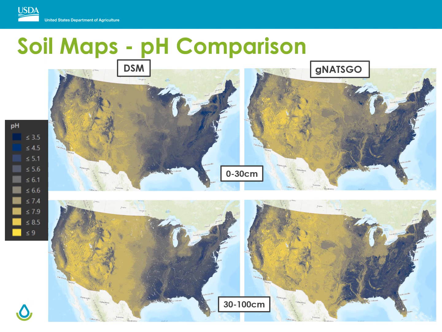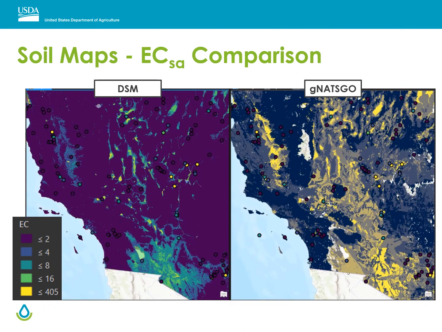So if we skip over some of the nitty-gritty modeling steps, here are the results we got for pH by largely following the GSP's DSM guidelines and rasterizing GNATSCO. As you can see at the scale of CONUS, the results are similar, although small local differences exist. However, for electrical conductivity measured by saturated paste, the differences are more pronounced, particularly in areas such as California where salinity is a major concern. The differences between the digital soil map and GNATSCO likely stem from several factors, such as the sample size, the estimates derived from STATSCO, and EC's skewed distribution.